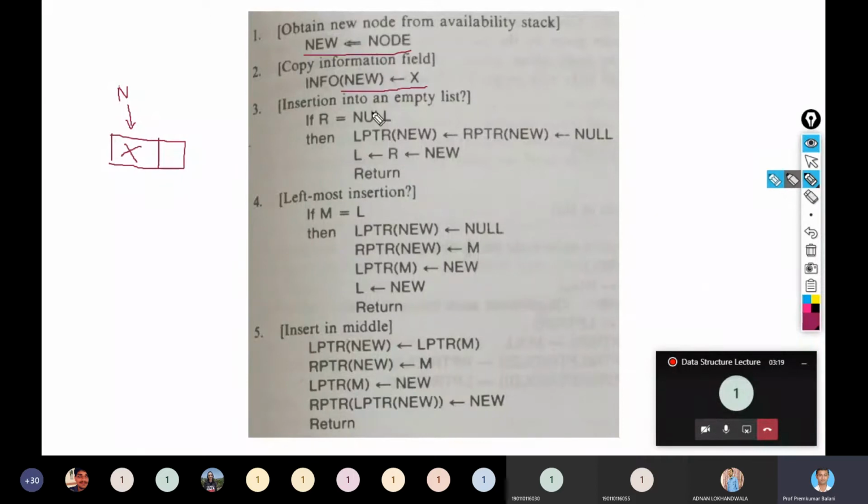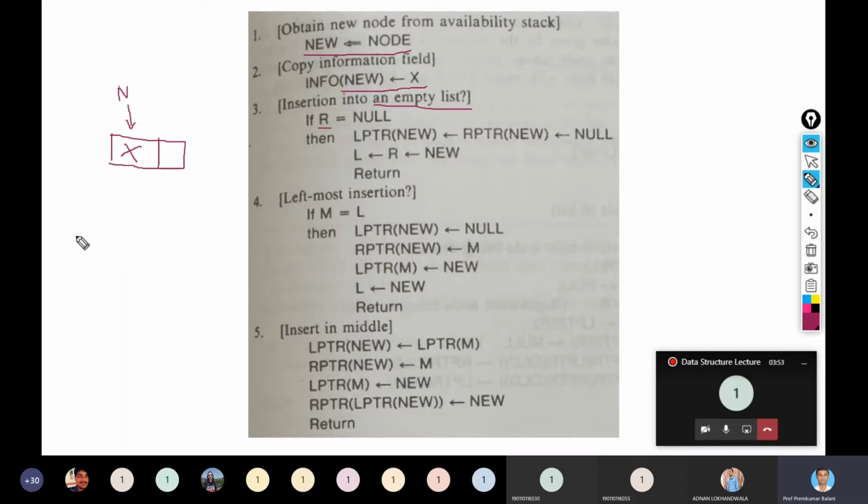And now insertion into an empty list. So the first case here is that the list is empty, right? So how do we check that the list is empty? We can check either through R or L. Both will be null. Here in this step, only R is checked, but you can also check L. If L is equal to null, that also means there are no nodes in the queue.